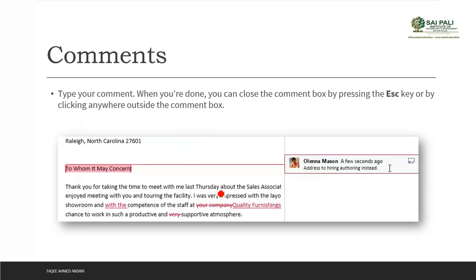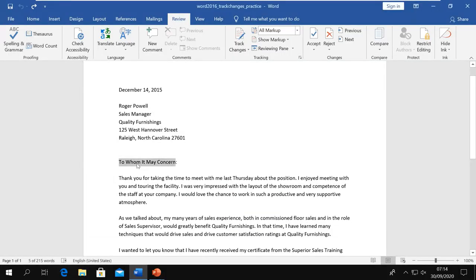Click on the comment, and then the comment will appear on the right side, with the username of the person who is adding the comment, and the time also, and then whatever he wants to add here. After adding it, when it is done, he can press the escape key to come out from the comment, or he can click anywhere in the document to come out from this comment tab like this. So suppose he wants to add a comment here, he goes here, selects it, goes to the review tab, and clicks on the comment command,